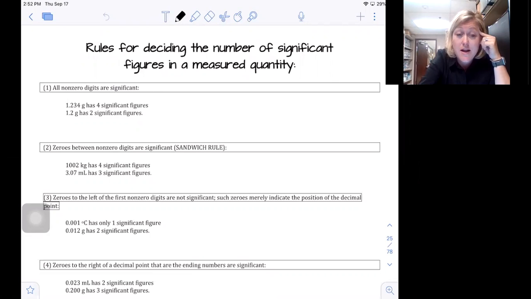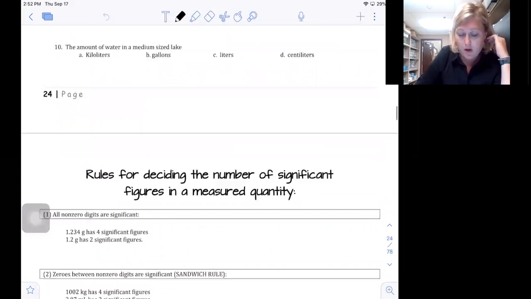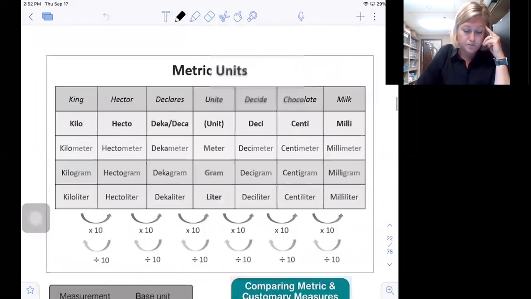So here we are. Probably some of the hardest stuff that you're going to do this year is significant figures. Especially if you're a junior, you're going to want to really learn these and memorize them and tattoo them to your forehead. Don't really do that. I always say that, but I'm worried that some student will do that someday and then the parents will kill me. But anyways, significant figures,